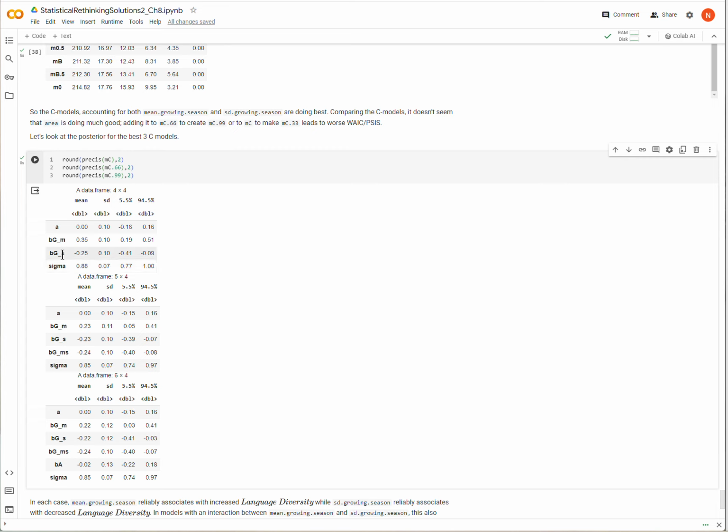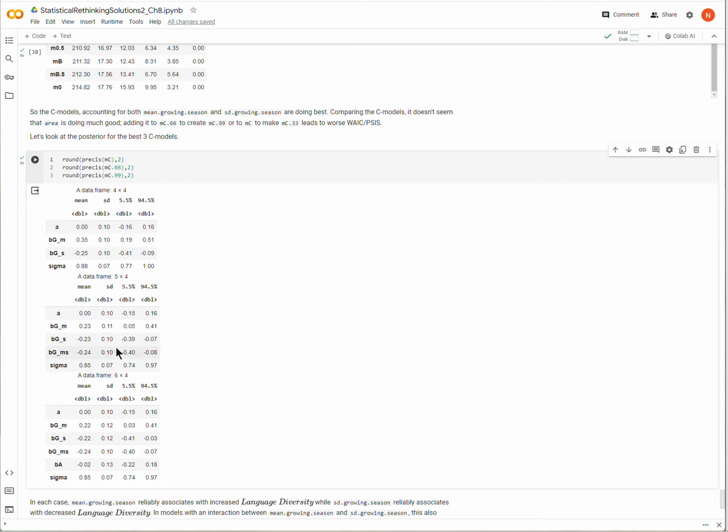And we also see that standard deviation of the growing season is reliably negatively associated with language diversity. And so both of those ideas very much support the hypothesis that increased food security reduces the pressures that would otherwise lead to a homogeneity of language, or less language diversity, I guess would be the better way to say that.